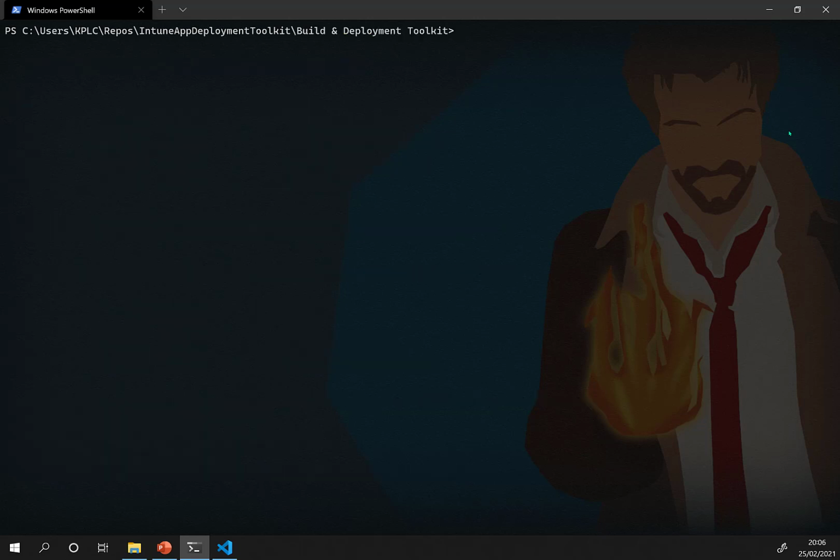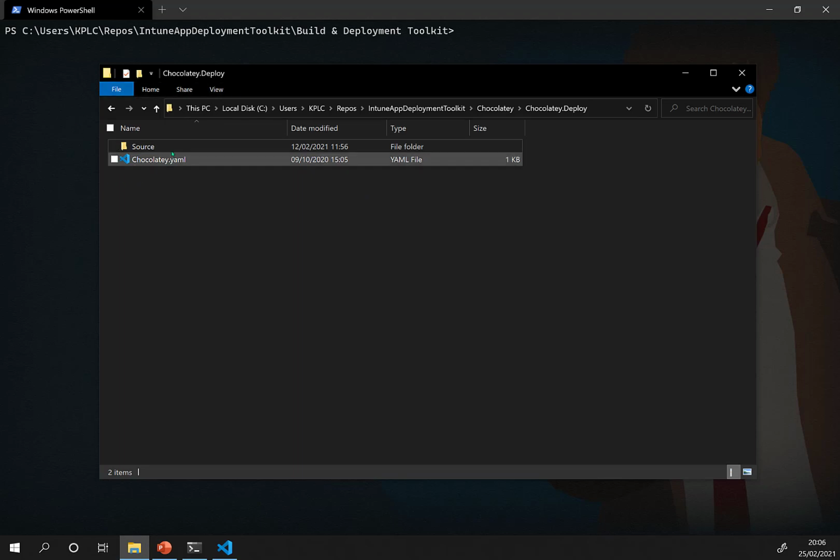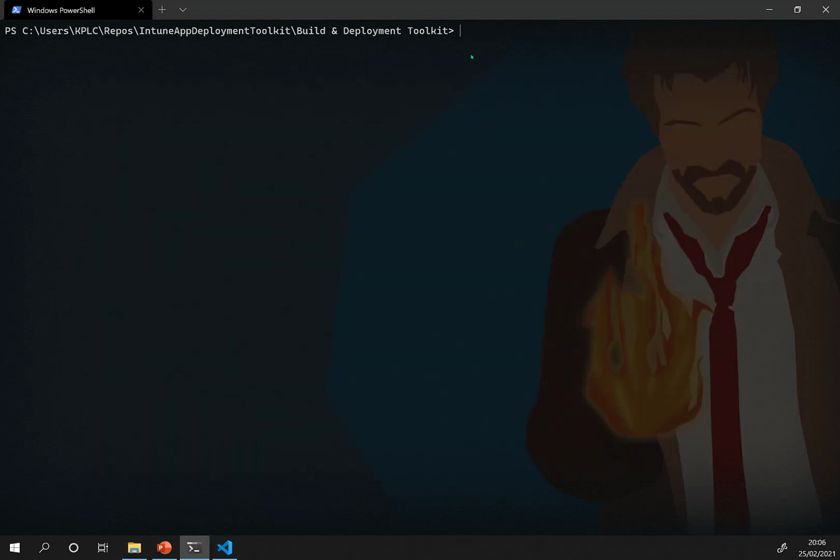So now that our environment is actually set up properly, we want to go and build our packages. So let's have a quick look. For the occasion, I deleted the Intune Win folder that was already present in the Chocolatey deploy folder. So this is the actual package that we're going to create, the package to deploy Chocolatey to a Windows 10 device. So what are we going to do? We're going to use our build